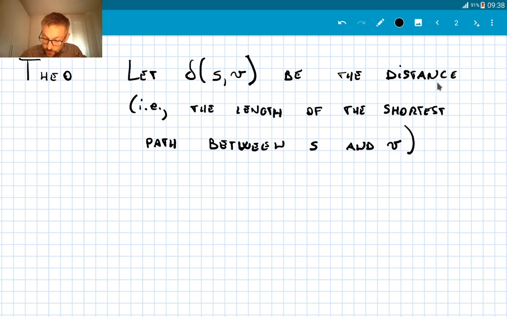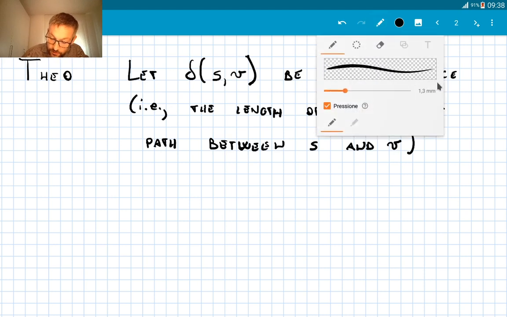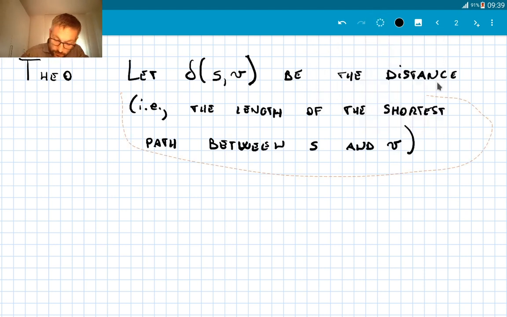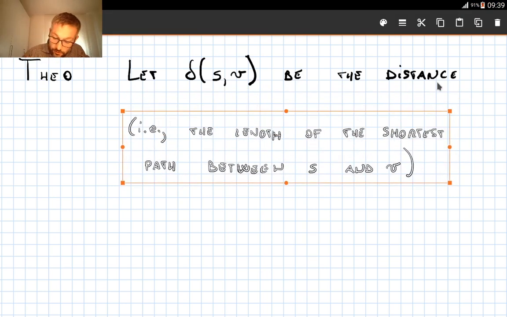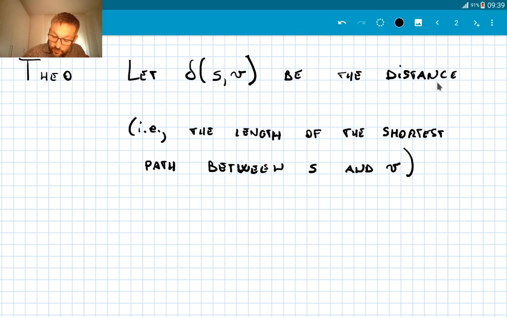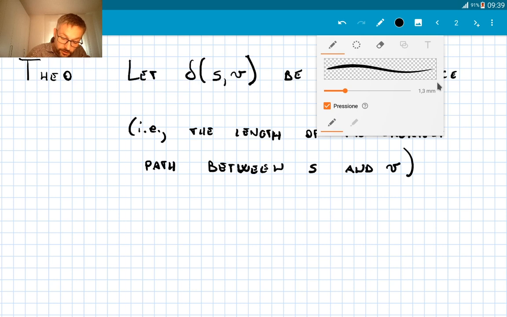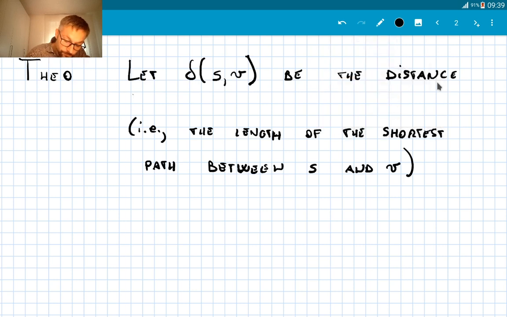The distance, of course, I missed to say which distance. So this is the distance from S to B, which is the length of the shortest path between S and B, of course. So after BFS,